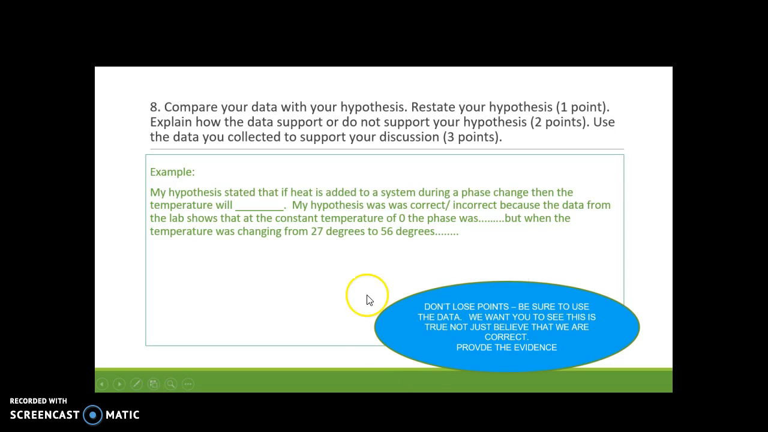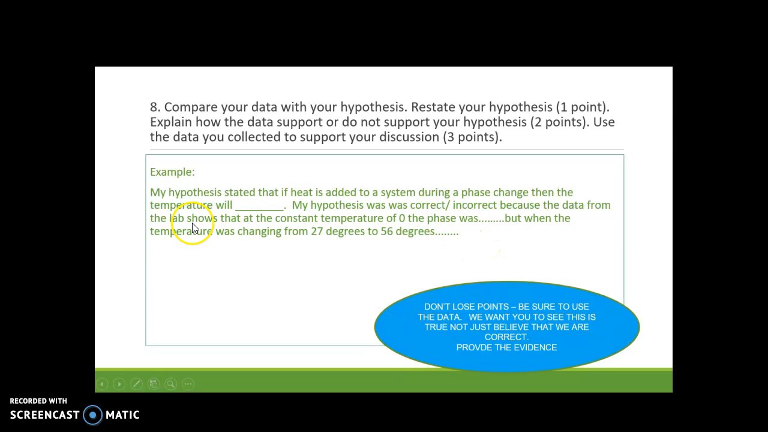Here's where a lot of people lose points, and they lose points not because they're not understanding the material, but because they didn't take the time to explain the data. We need to provide evidence. That's our job. So here's my example. My hypothesis stated that if heat is added to a system during a phase change, then the temperature, maybe I said increase. My hypothesis was correct or incorrect,